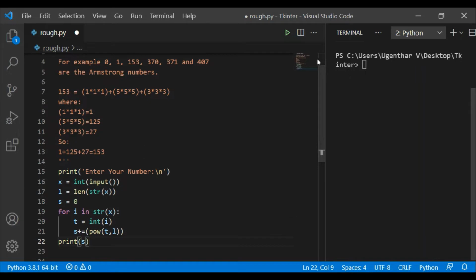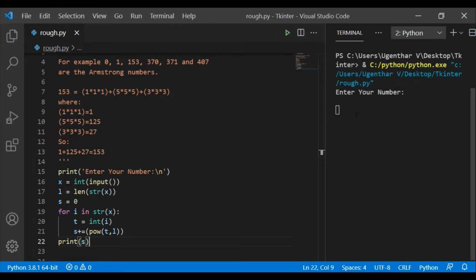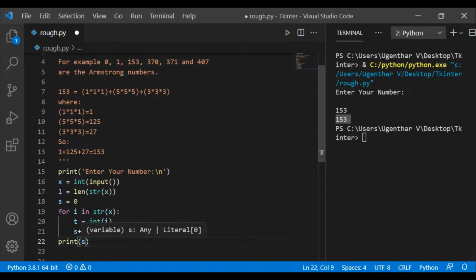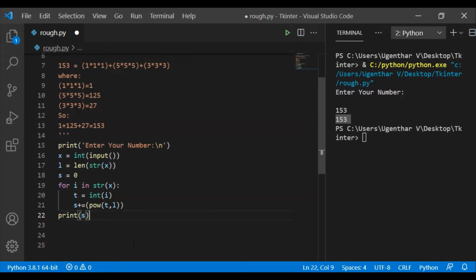Now let me check the code. I'm giving 153. See, I'm getting the same output as yes. This indicates that our algorithm is working fine.